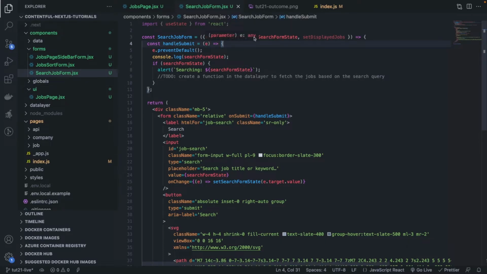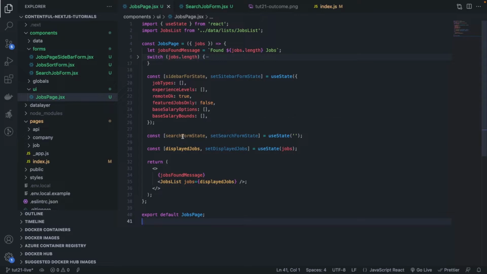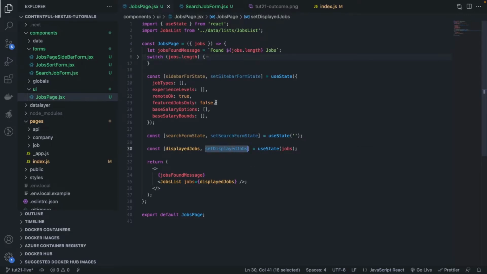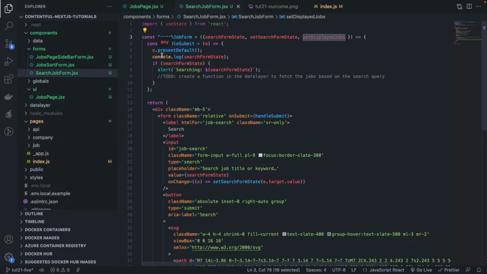Basically what we do, first of all, is receive as input in this component the search form state that we created upward in the jobs form component, right? So we receive this search form state and set search form state, and also we receive the set display jobs. Those are the three things that we need. And on handle submit, when we submit the form, we only do an alert at the moment,